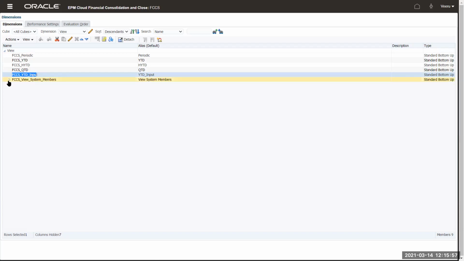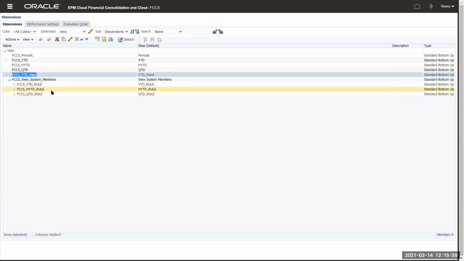Now I'm going to show you some more members which are linked to my application settings. Not application, the settings that I showed you in the initial screen, right? These underscore rule members. So this is a little advanced concept. I'll talk about it a little later, not right now. But these members are used based on the options that you have enabled in your application settings. I'll take you there one more time in the end.